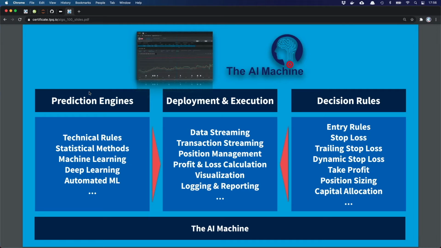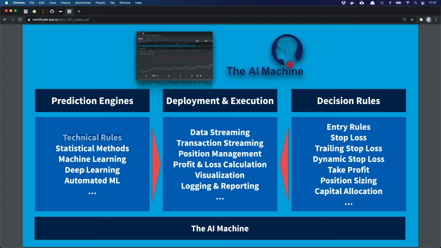This is why we have developed the AI machine, primarily for internal trading, where we differentiate in three main areas. We have the prediction engines, which might be as simple as a technical rule like the one we have just seen. You can use statistical methods such as regression, or machine learning such as classification, for example based on logistic regression.